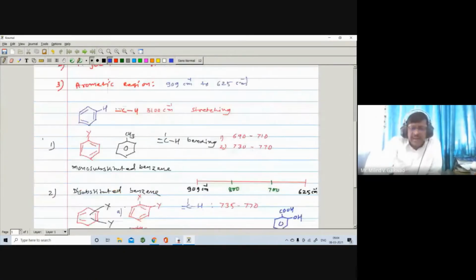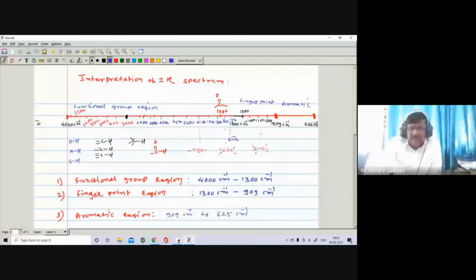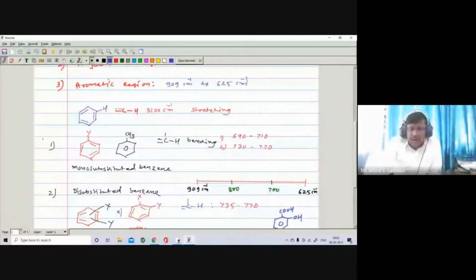And again here, there is a benzoic acid. So there is a CO group. CO of acid will appear here at 1700 plus or minus 100 to 200, which means it will range from 1400 to 1900. Okay, and it is an ortho disubstituted due to bending. Also, you are getting such a type of spectra. So here we have seen in general some examples of how to interpret the IR spectra.